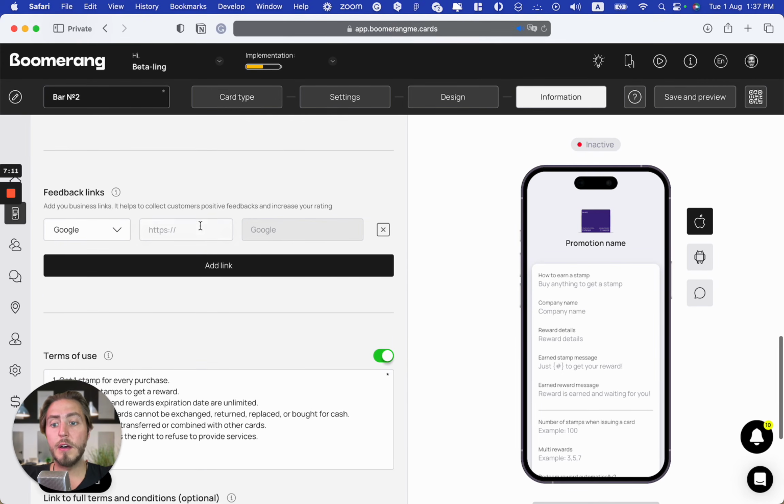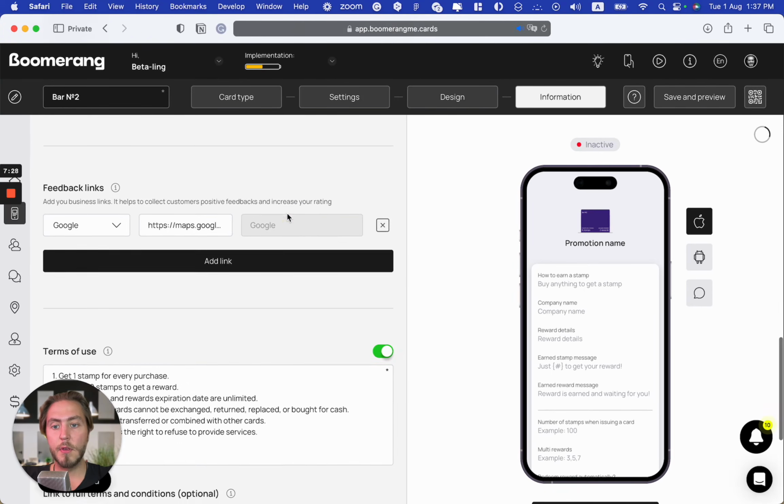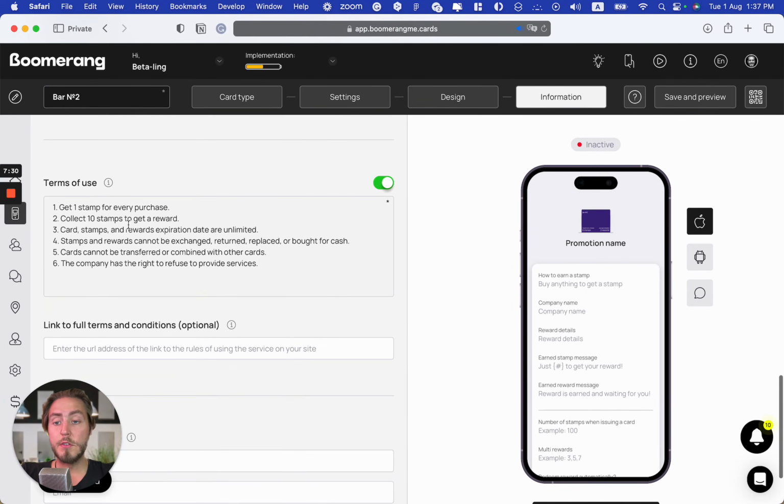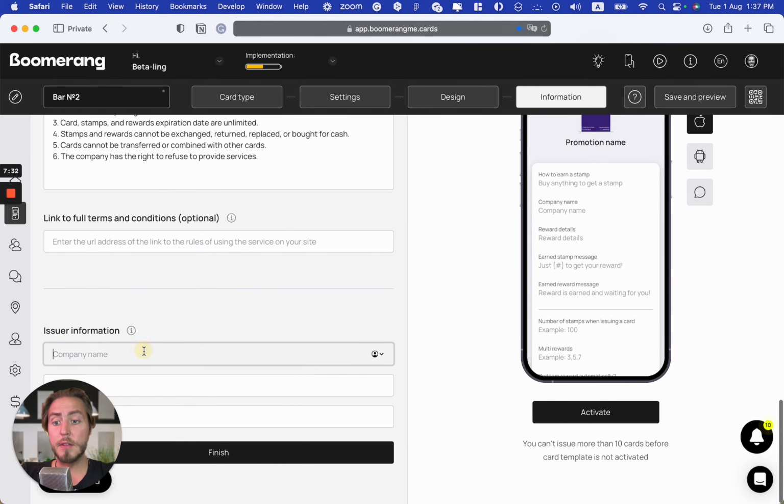Also, we can collect reviews on Google Maps, Yellow Pages, Yelp after each visit from your customers. You can increase your visibility in Google search. Okay. Terms of use and the card issuing information. Push the button finish.